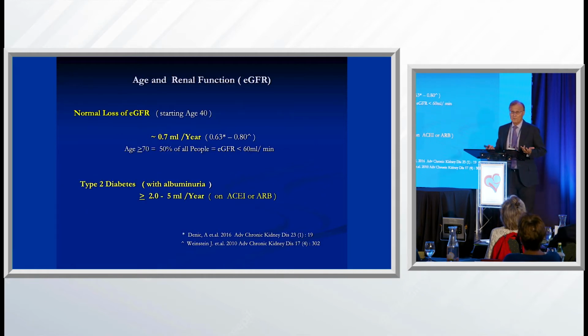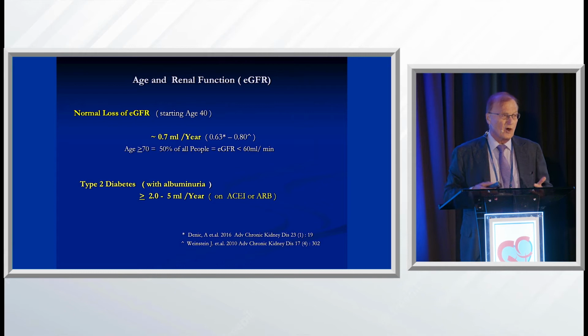Quickly, if you turn 40, what happened to me a long time ago, you lose 0.7 ml per year, and maybe as much as 1 ml, but we're closer to 0.7. The problem with that eGFR formula, which was developed by the NIH, is that they were all people younger than 60 when they did this. They never really thought about the 70 and 80-year-olds. So right now, if you are 70 plus, about half of the people have an eGFR of less than 60, and we should not call that CKD.